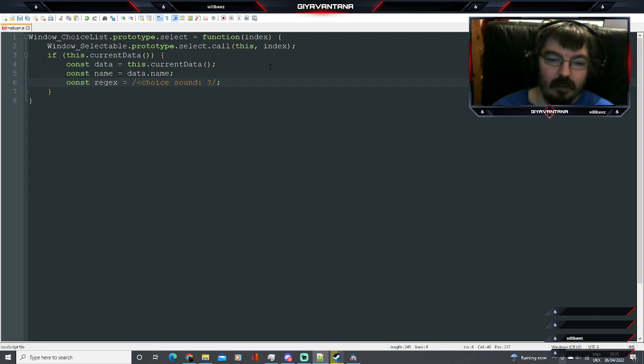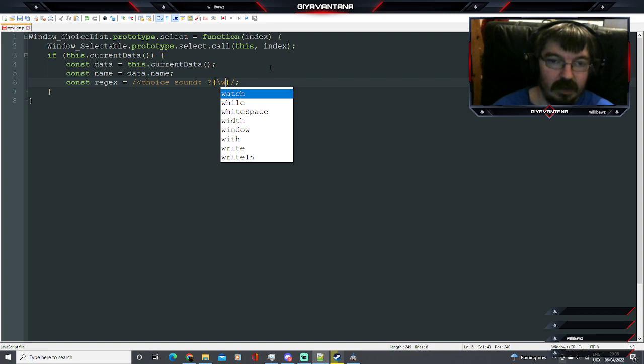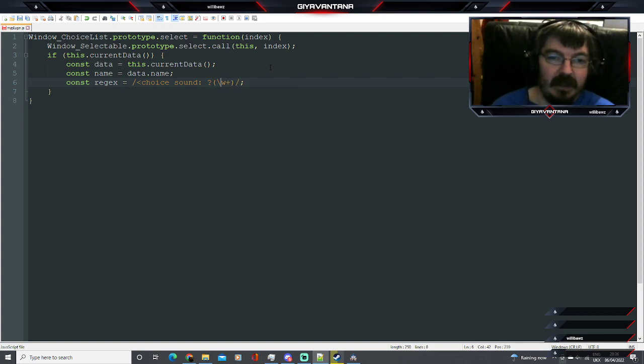And then we want to match the file name, and we want to be able to refer to that later. So we do a set of brackets to define what's called a capture group, and then I'm going to do \w plus. What that does is matches one or more word characters, which is any letter or number. And then if I close that there,